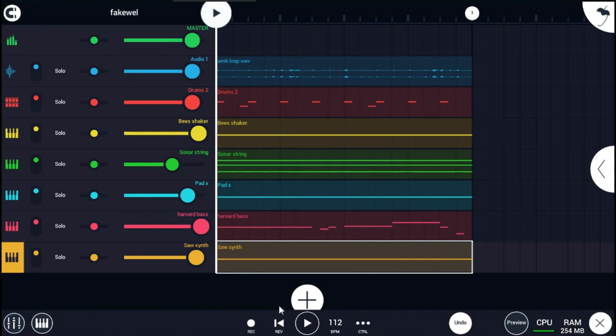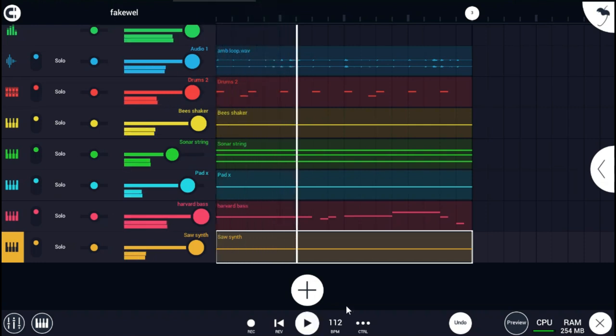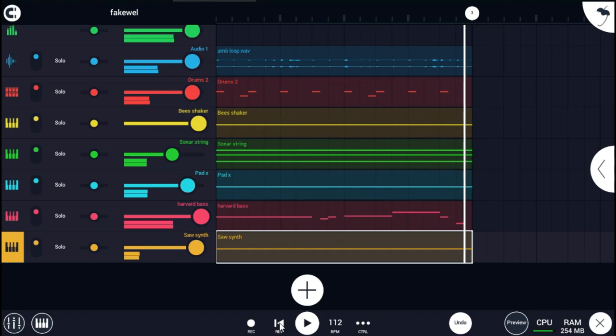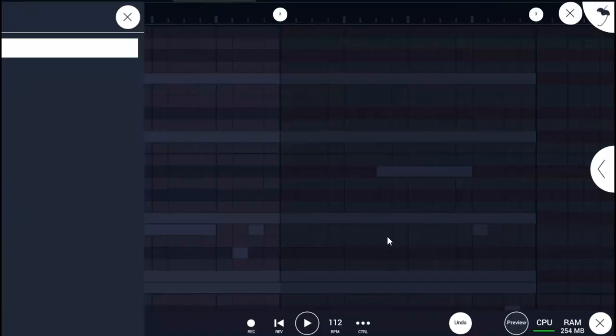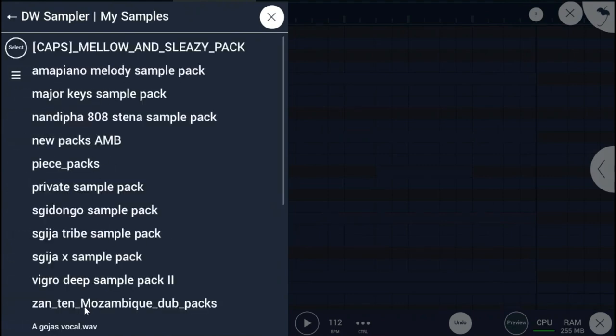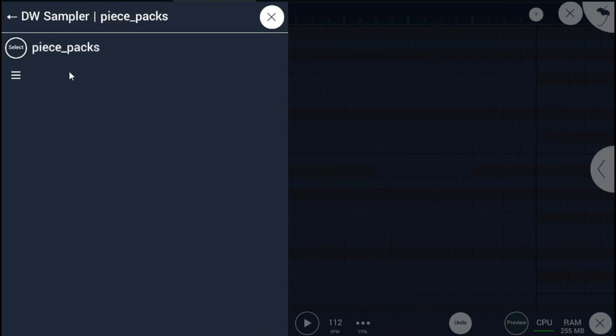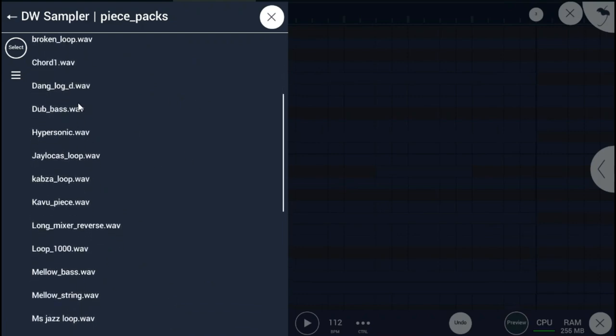So what I'm gonna go ahead and do now is that I'm gonna go ahead and add in more instruments. Since our beat sounds really fire, we need to make it sound even more insane. So I'm gonna leave the beat playing, whereas we go ahead and add in another instrument. So an instrument I'm gonna add in now is maybe another bass. So let's click the plus button for that. We're gonna go to DW sampler, we're gonna go to my files, we're gonna go to my samples. For this, I'm gonna click any of these sample packs here. So let me click the piece packs, since the piece packs has a lot of amazing basses, like this bass,